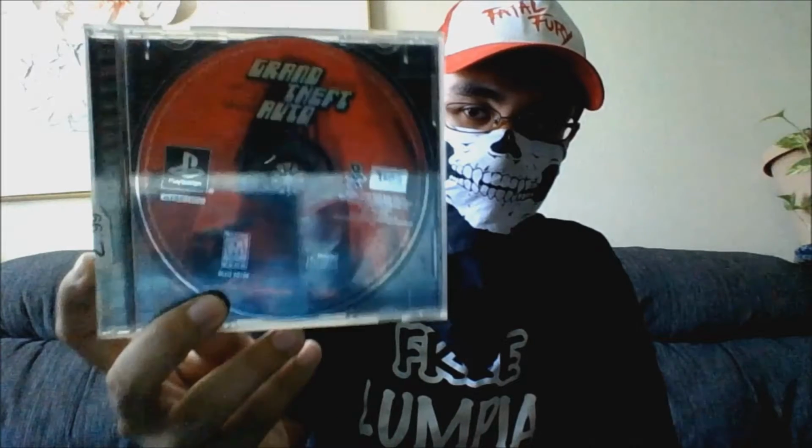Okay, now I want to go through games I got at thrift stores. First off is Grand Theft Auto 1. Even though it has no manual, I really don't care because I'm not anal retentive, I'm not going for full collections and being picky like that. But Grand Theft Auto, I wanted to get this because I'm a huge fan of the series, definitely one of my favorite series of all time, and I definitely want to pick up every Grand Theft Auto game